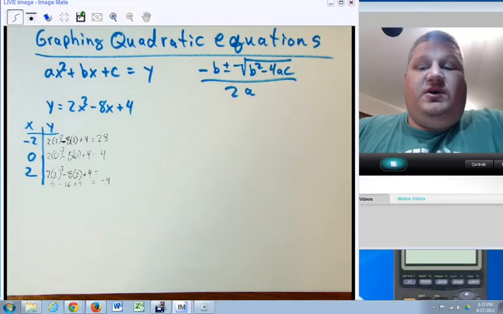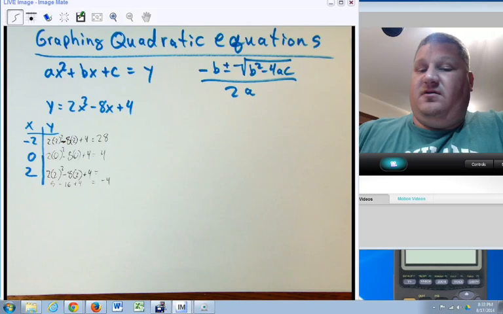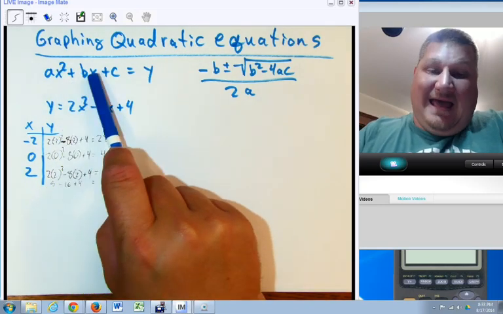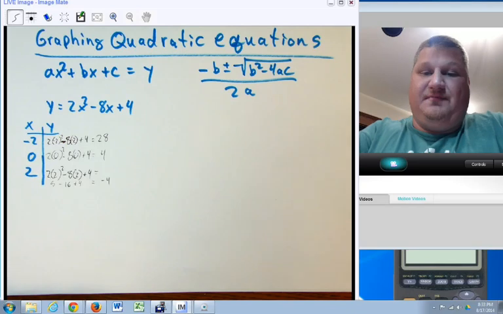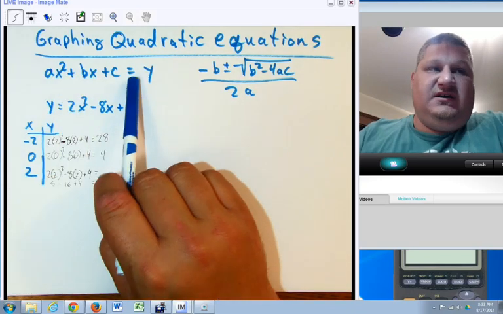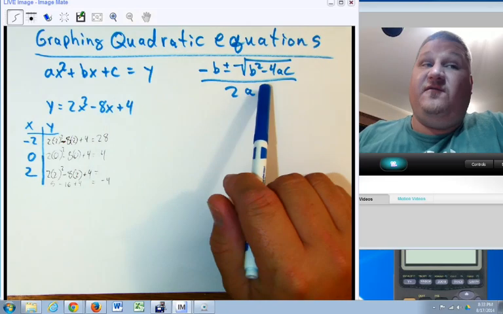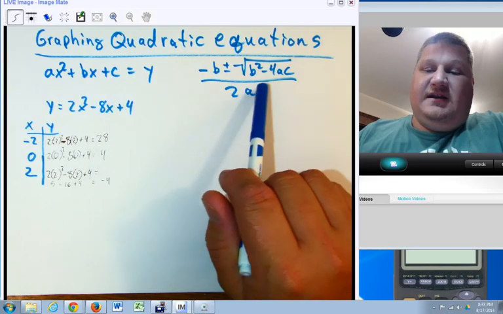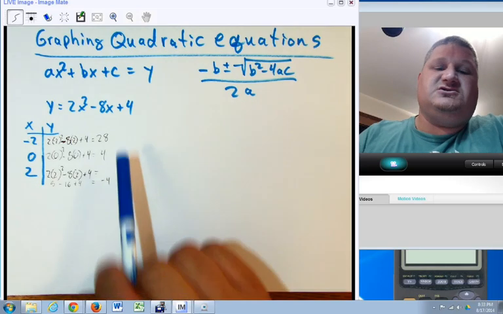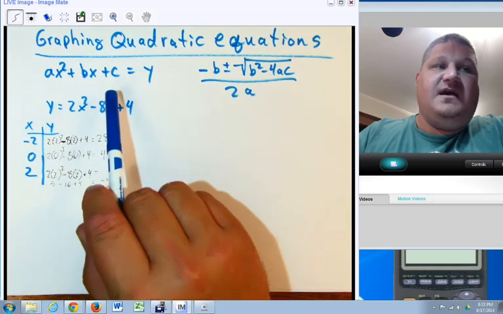Okay, we're going to do a quick and dirty review of graphing quadratic equations. Now, quick reminder, a quadratic equation is of the form ax squared plus bx plus c equals y. That's your basic form. Now, that's a quadratic equation because it has an equal sign in it. This is a quadratic formula. Very different. You use a quadratic formula in some cases to solve a quadratic equation, but they are certainly not